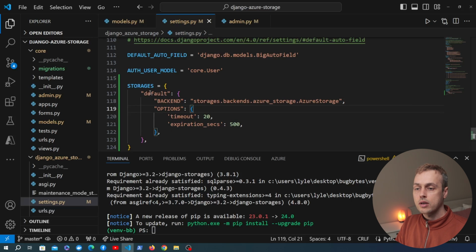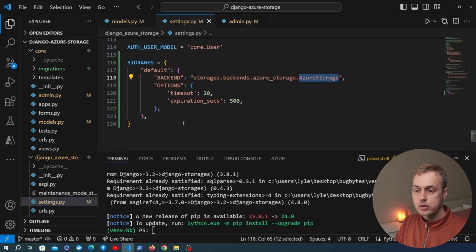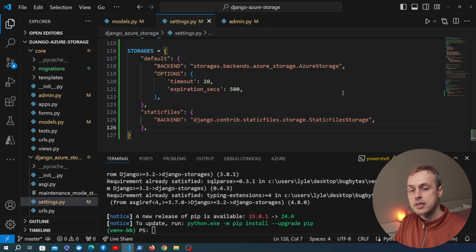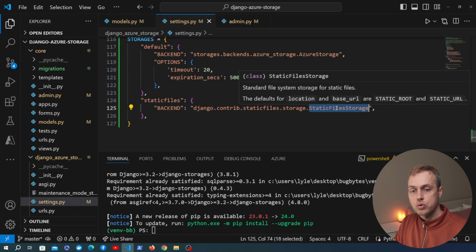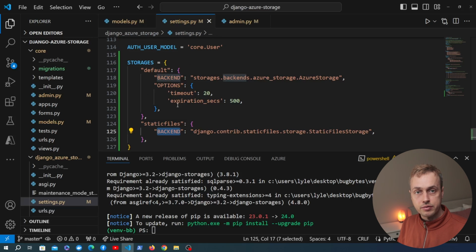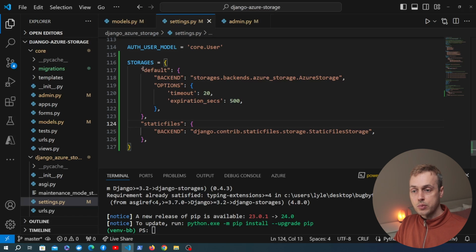Now, as well as the default storage backend being Azure Storage, what we're also going to do is add a second storage backend for our static files. And we're going to set that equal to just the static files storage in Django. We don't need to change that. We're only going to be working with user uploaded files here. But make sure you add this because Django is going to look for that as well. So we can now save settings.py, but there are a couple of extra settings that we need to add,